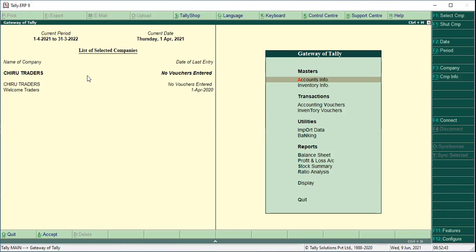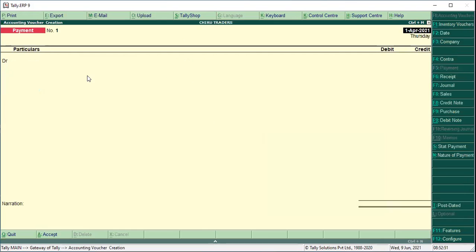This is the thing you have to tell me. How to go to Gateway of Tally, accounting vouchers. Okay. What is the shortcut key for the receipt voucher? F6, sir. F6. This is the receipt voucher. You got a receipt voucher, okay?